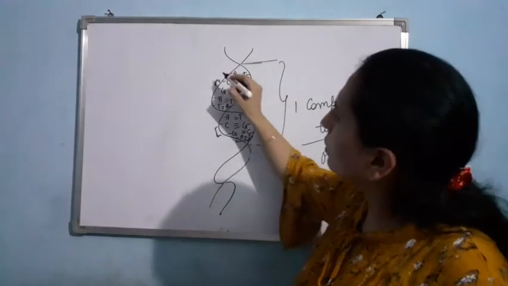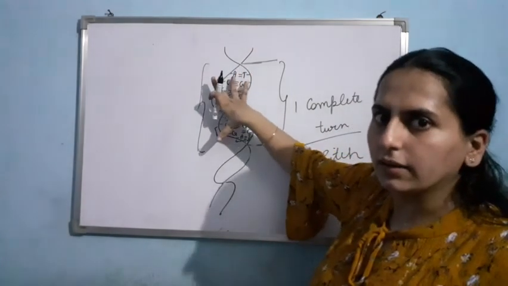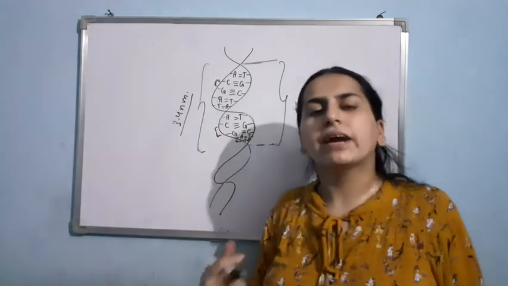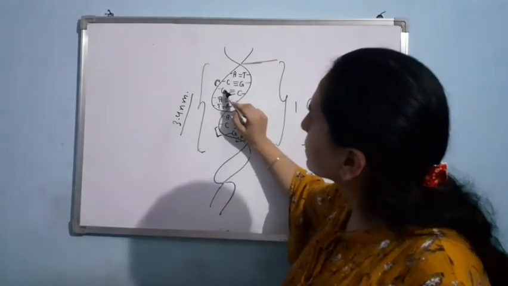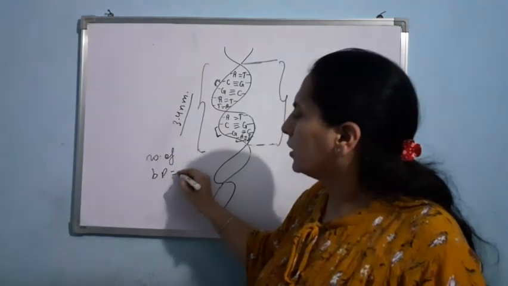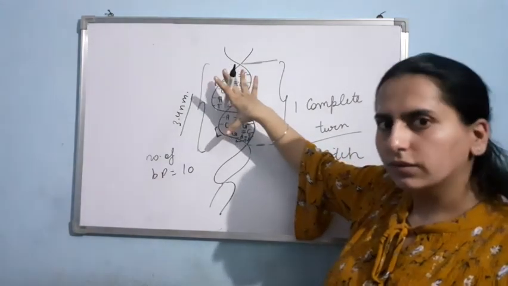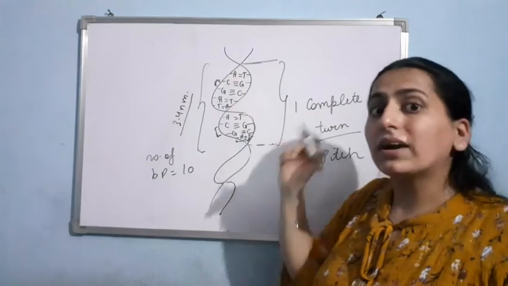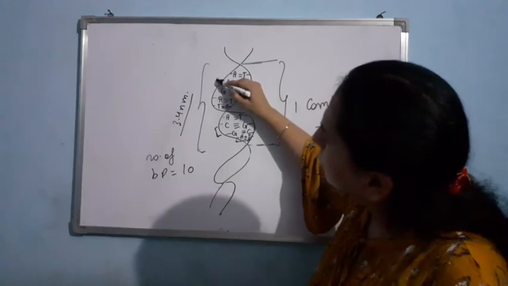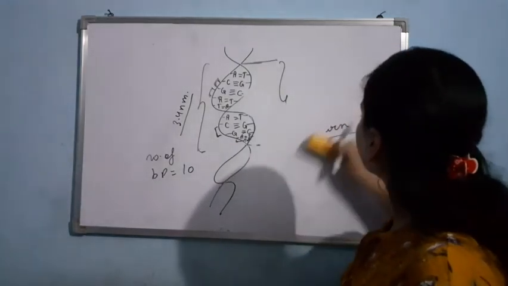Now, you know the complete length of one turn is 3.4 nanometer. This we have found out experimentally. Now, the number of base pairs is 10. Now, by applying maths, the total distance is 3.4 and the number is 10. Now what will be the distance between one nitrogenous base pair and the next? Means what will be this distance? Am I clear? It is equal, again I am saying. Now how will we find it out?